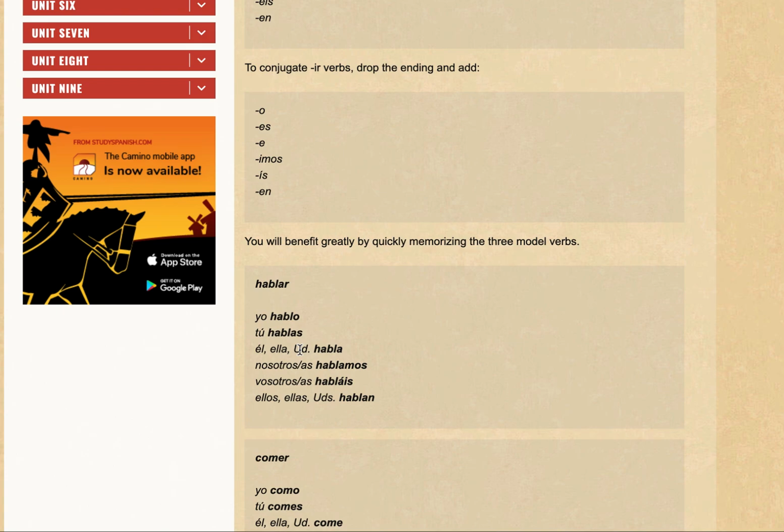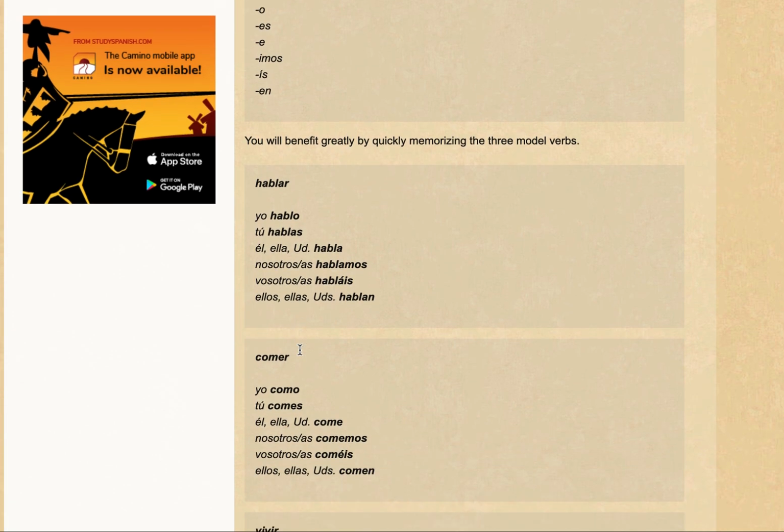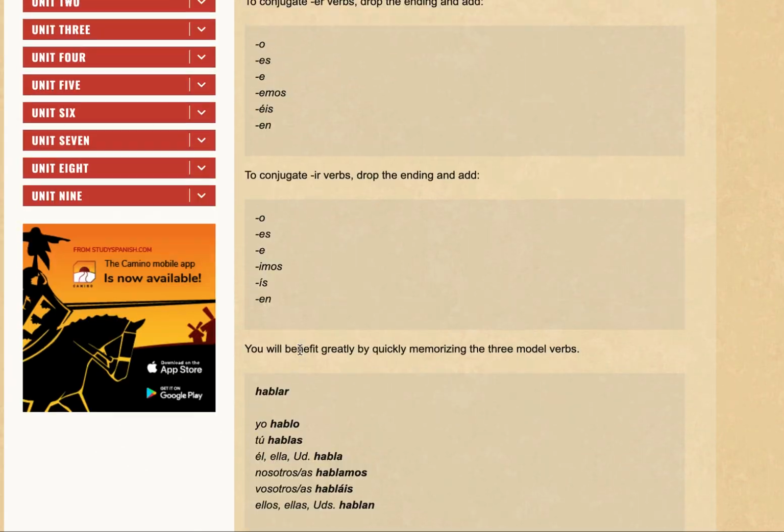And el and ella obviously have an E. And with ellos and ellas, you have an S at the ending. So you could probably use that way to remember it. So ellos, ellas, ustedes, el, ella, usted. Okay, so that's what you've seen, and